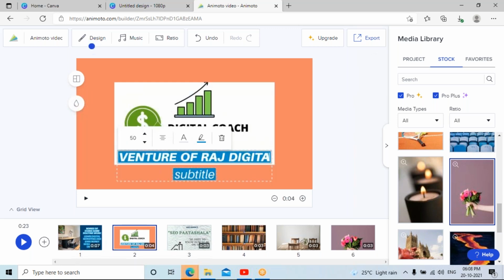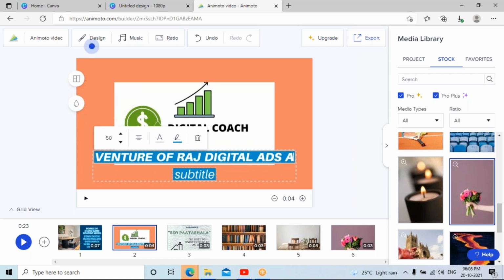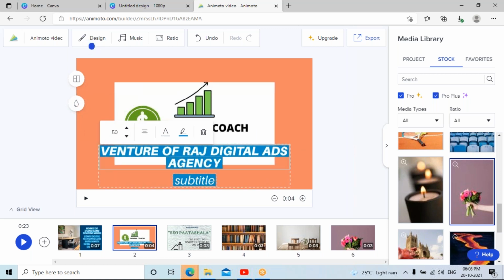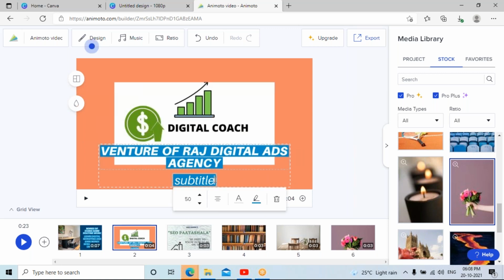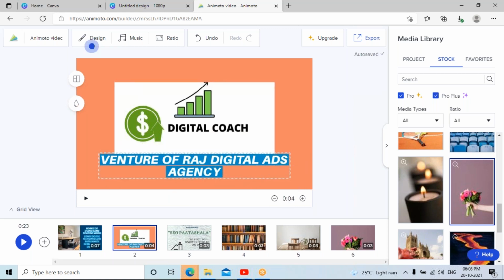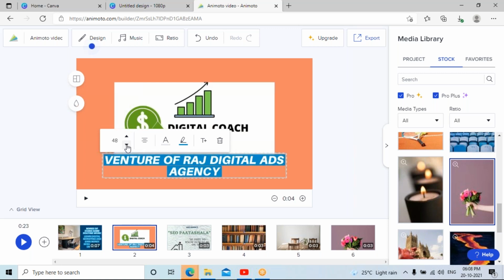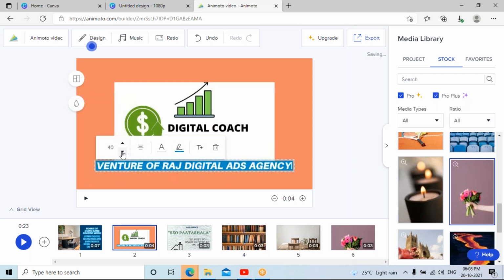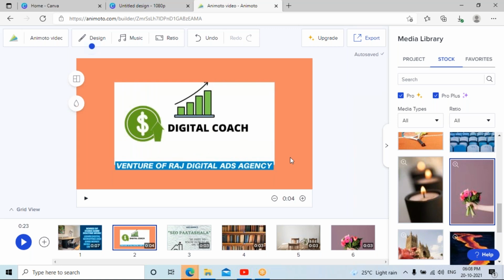That's digital ads agency. Okay. So if you want to decrease the size of anything, you can decrease.